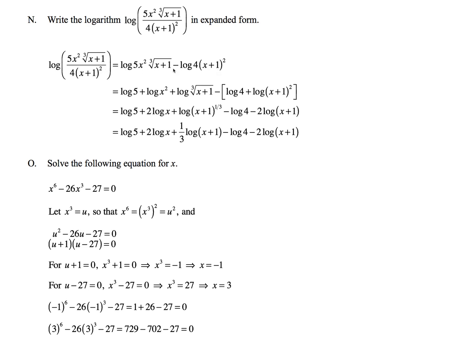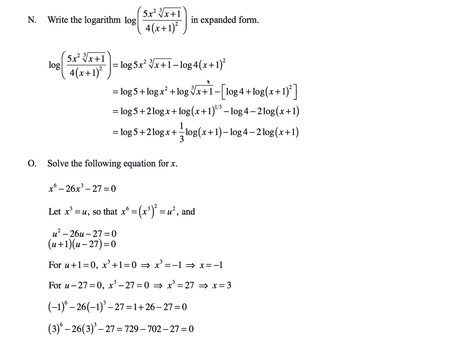After using the quotient rule to break this into two logarithms, we then turn our attention to the first one and see that this is yet another product of three expressions. So 5 times x squared, so that's log base 10 of 5, plus common log base 10 of x squared, plus common log base 10 of the cube root of the quantity x plus 1. So that's the first logarithm in the difference here,